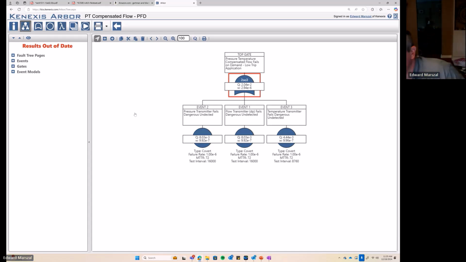Next question. Okay, if the technician during an I/O card replacement activity accidentally caused a SIS trip, is that a random failure or a systemic failure? So if a technician doing a replacement of an I/O card causes a spurious trip, is that random or is that systematic? Well, it appears random, but it is systematic.